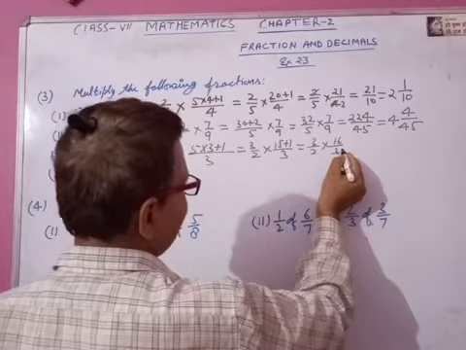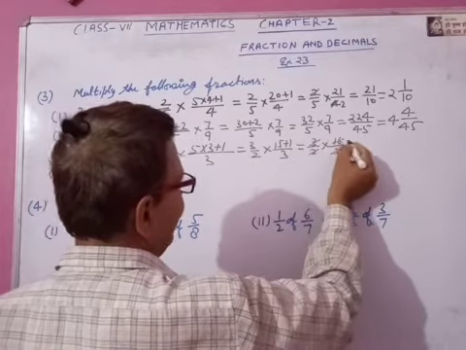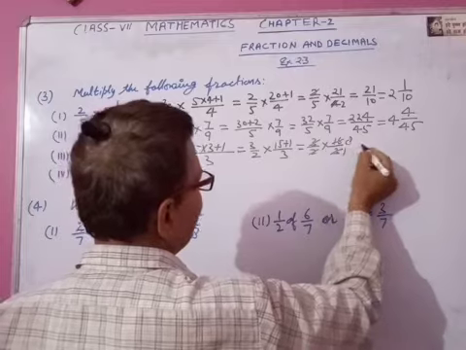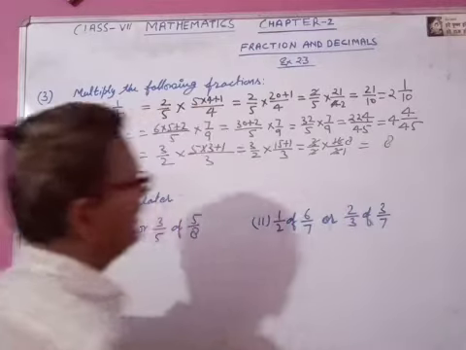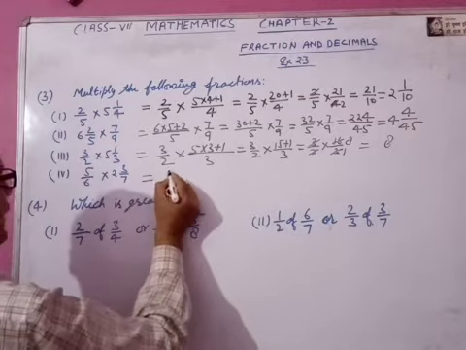You can cancel 3 and 3. 2 into 8, you can cancel. Now 8 upon 1, that is 8. Answer is 8. Now fourth part, 5 upon 6